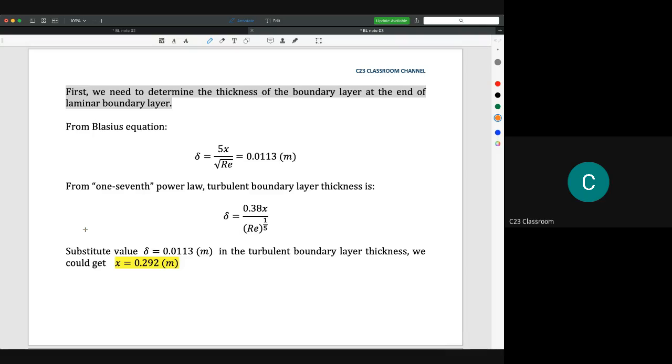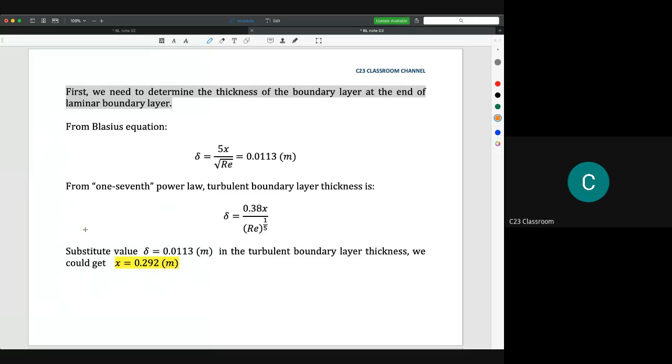Normally, if the laminar boundary layer is more than 10%, I suggest you include the calculation of laminar boundary layers. If it is less than 10%, for example, your laminar boundary layer is only around 5% of the total length, then it is okay for you to assume that all the boundary layers on that object are fully turbulent. And then we need to determine the thickness of the boundary layer at the end of the